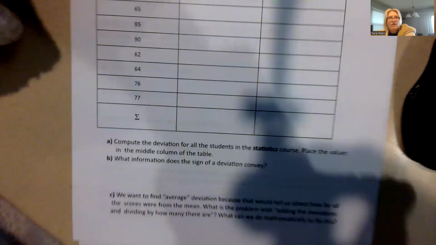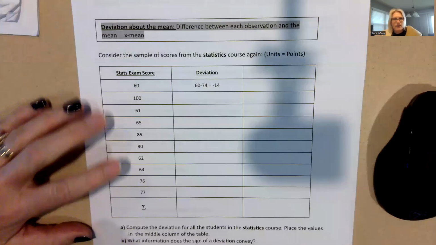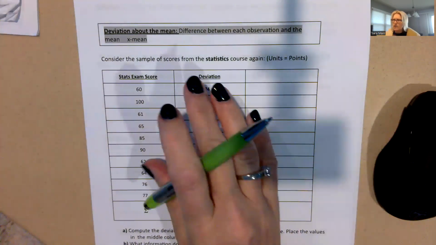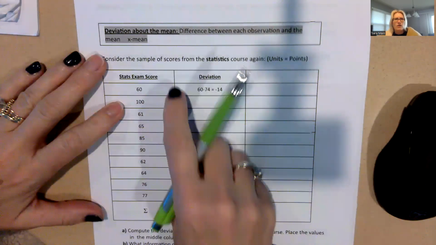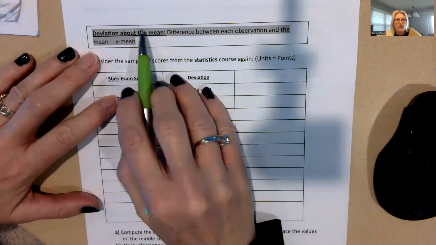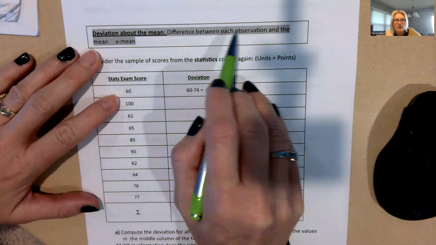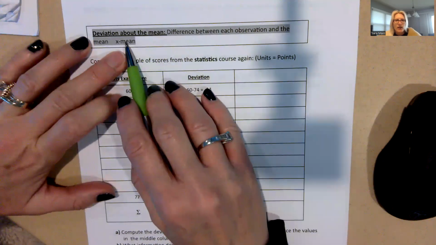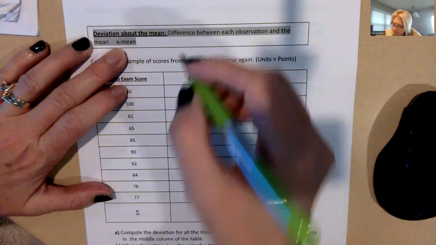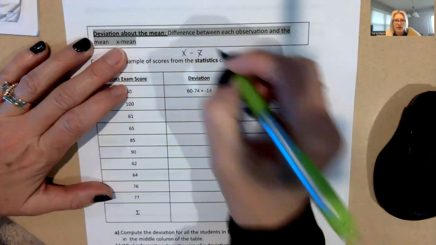Let's go ahead and calculate for the statistics students, because it seemed like their deviation, or how spread out they are, is much more. So we're actually going to calculate what's called the deviation about the mean. That's the difference between each observation and the mean. So we're taking the X observation and subtracting the mean, so X minus the sample mean. The sample mean was